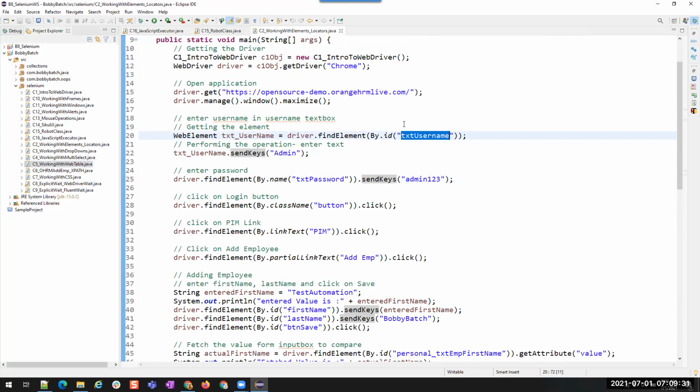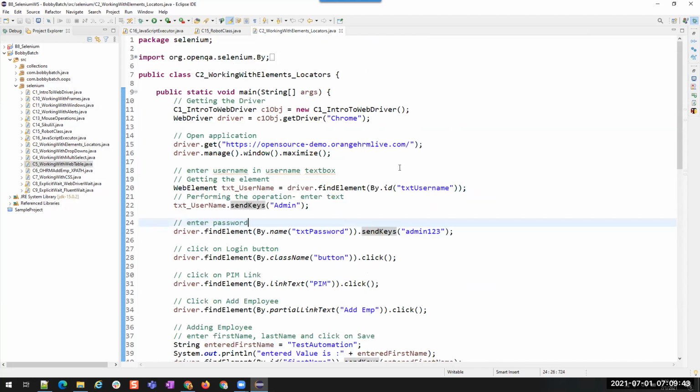No, right? You don't want to update hundreds of classes for one element change. Correct or not? It will become a ridiculous maintenance activity, right, if you do like this. You're getting my point?